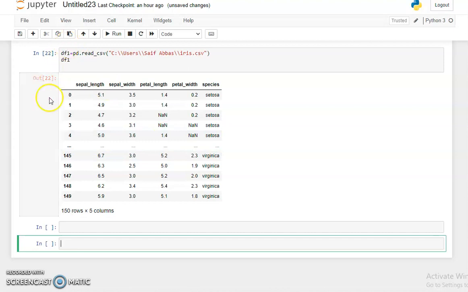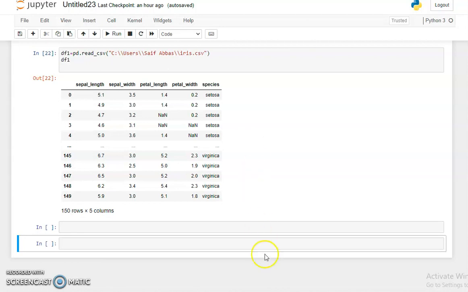Okay, now the challenge is how to handle this type of data, because we need to clean our data. We need to remove this missing value or NaN value in our data set. Okay, if our data set has another type of missing value, suppose a garbage value, we need to convert it into a NaN type value. So for this we have a special parameter called na_values, and then we use this